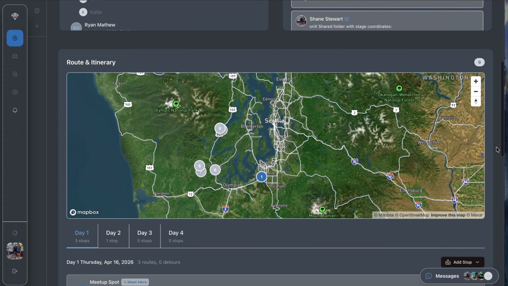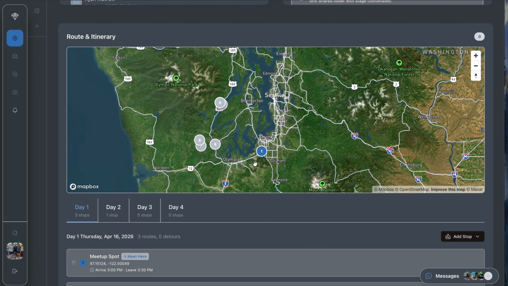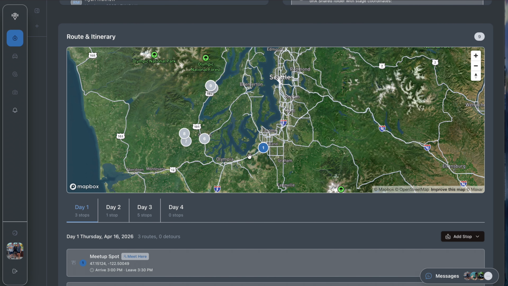And then again down below here in the route and itinerary builder, I was able to notate our meetup spot, and what is awesome about SitRep is the meetup spot for this trip actually changed. Originally, we were going to meet down in Puyallup, and then literally at the last minute on Thursday morning, we called an audible and we met someplace else down here in the Lakewood area, and then convoyed out to the camp spot. So it was super, super nice.